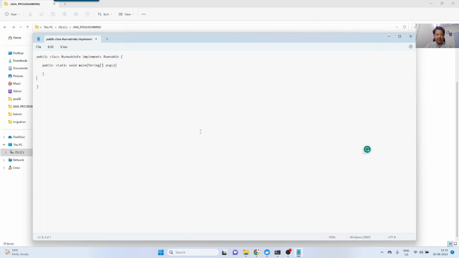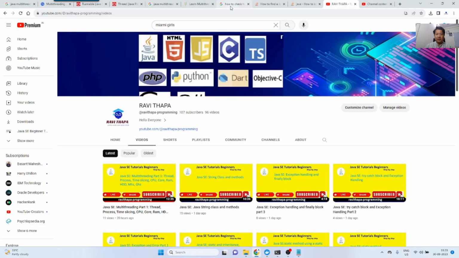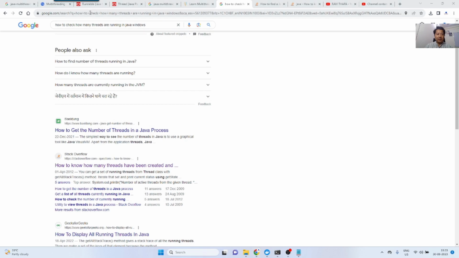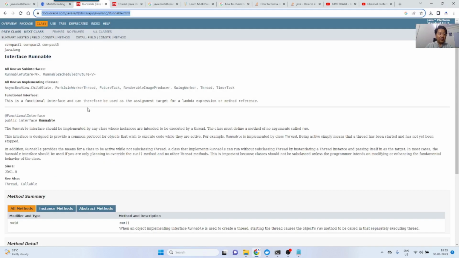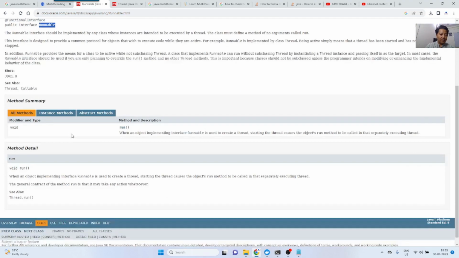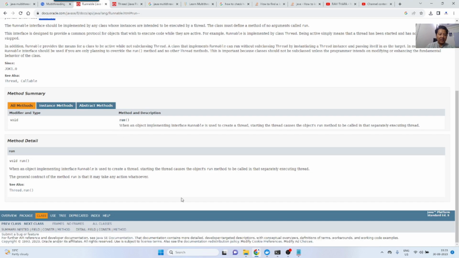Because I'm implementing the Runnable interface, if you could see here in the Runnable interface, this is the API from the Java JDK. It's a functional interface, and we are seeing the document from Java 8. So if you could see, there is only one method in this interface, that is run, right? And we are going to